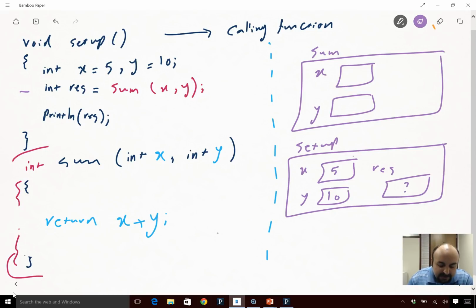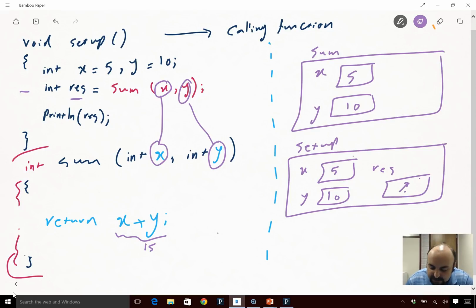So we do the same thing. The first parameter is going to be mapped to the first argument. So X is going to be 5, and then the second one here is going to be 10, and then we're just going to calculate the two. So we say return X plus Y, which happens to be 15, and then res is waiting here to catch the result of this function. So inside of res, we're going to put 15, and when we say return, sum dies, it